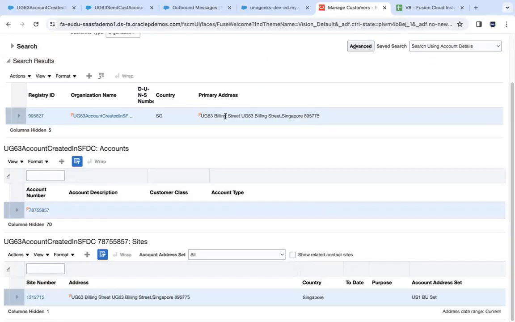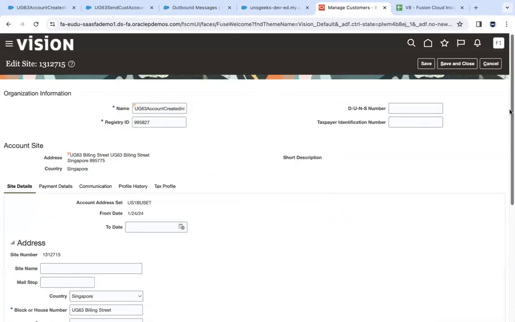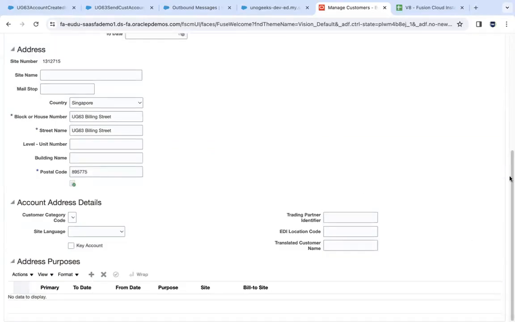Now we'll be able to see that there is a party created, party site registered, customer account, and an account site. And this account site is attached to the US1 business unit set, because we have used that set ID there. And if you click on this account site, you would also be able to see the bill to usage defined as well. So if you scroll down,